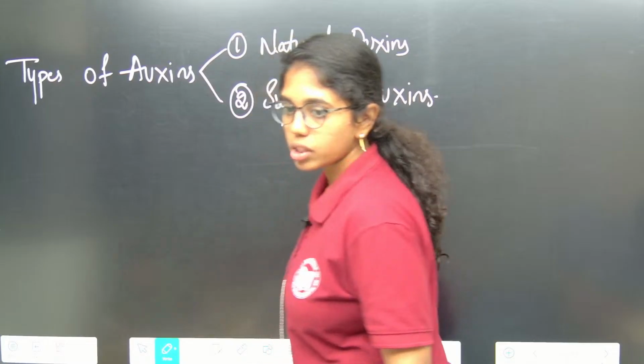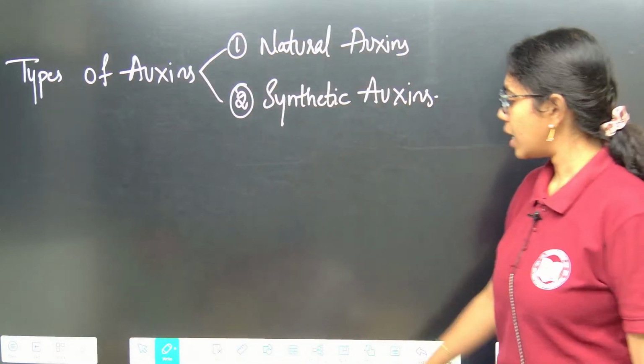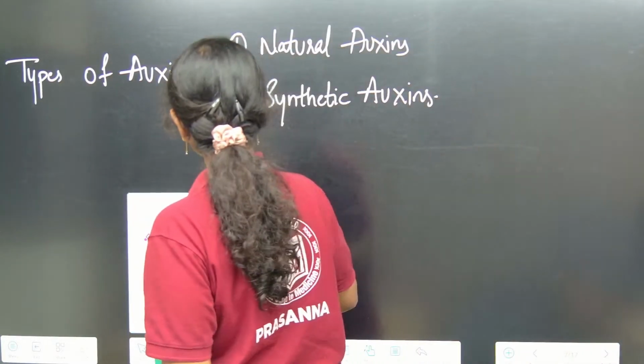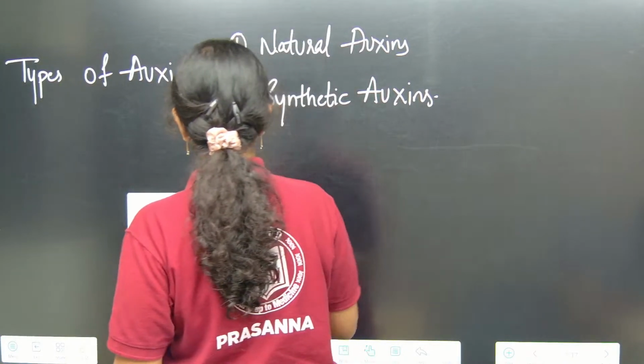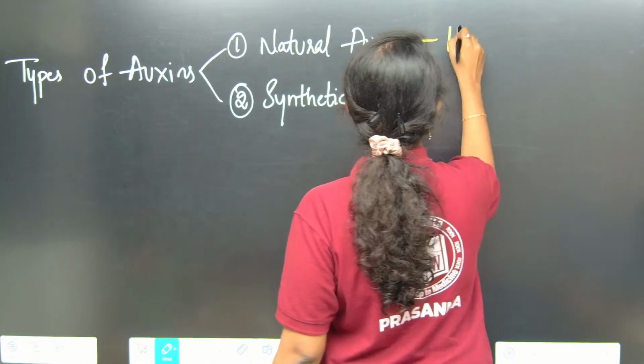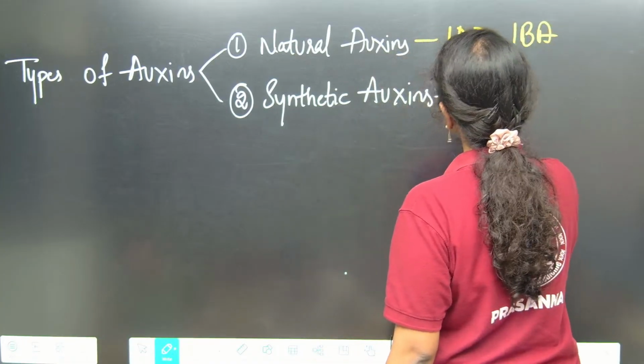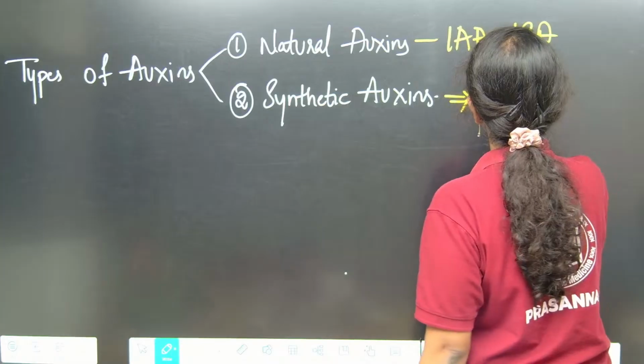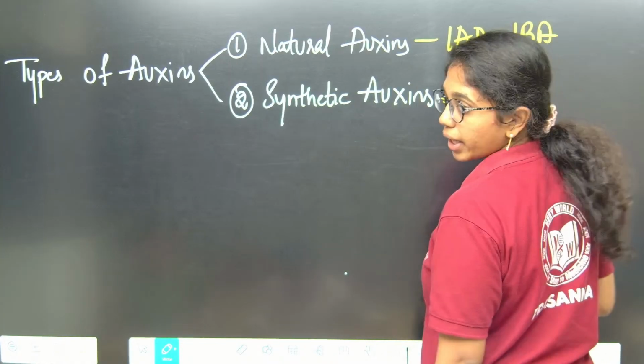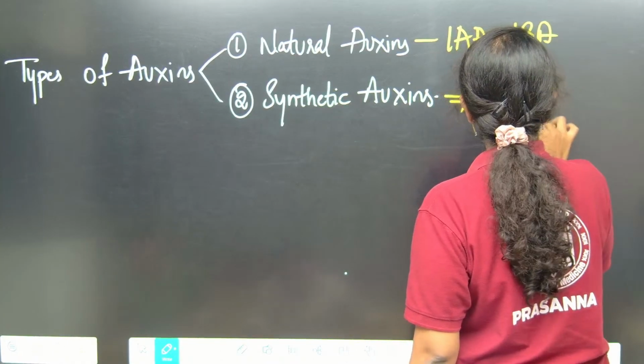Natural auxins include what? Indole acetic acid or indole butyric acid. Synthetic auxins include naphthalene acetic acid, 2,4-D, that is 2,4-dichlorophenoxyacetic acid, and 2,4,5-T,